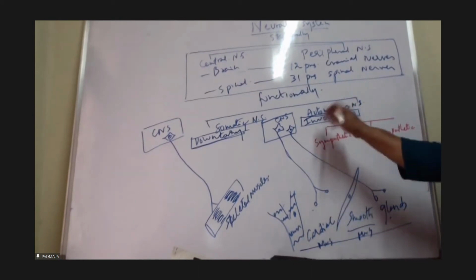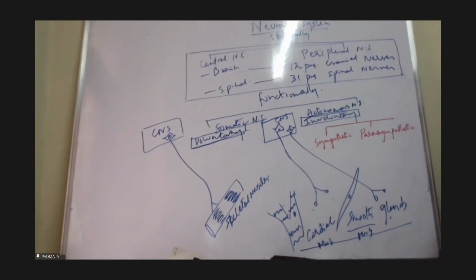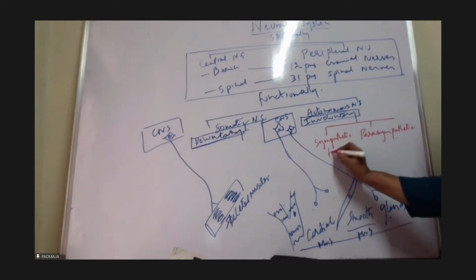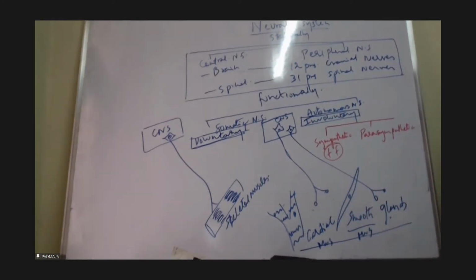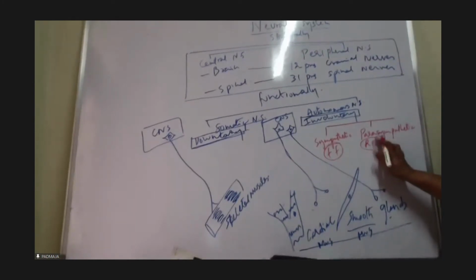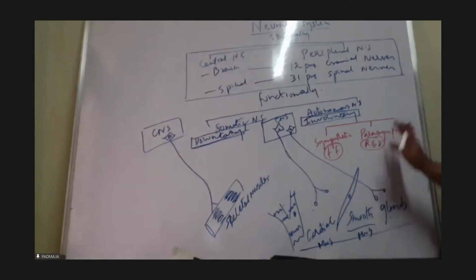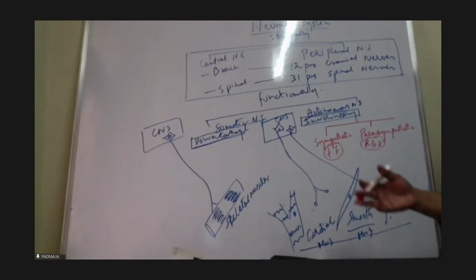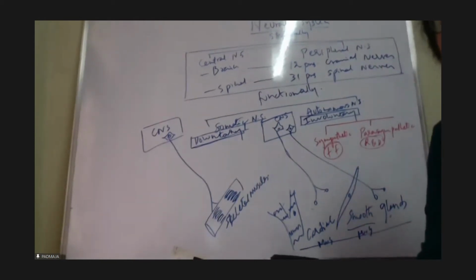Functionally, again two parts. Why I told already. Important: fight and flight helps you in emergency situations, increasing the organs' work. Rest and digest, I already told you, I explained it in the digestive system. So when you are sitting calm, taking food, utilizing it for the anabolic process, constructing your body, synthesizing proteins in your body,